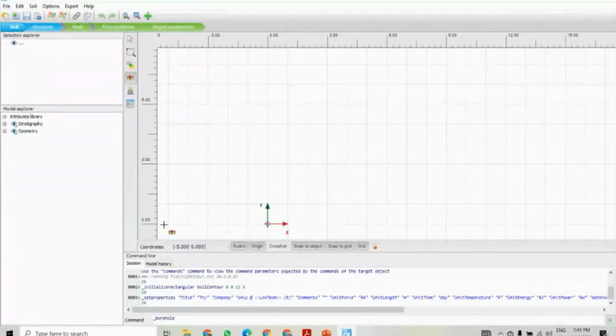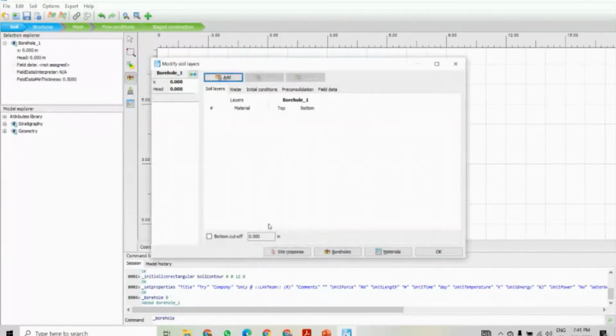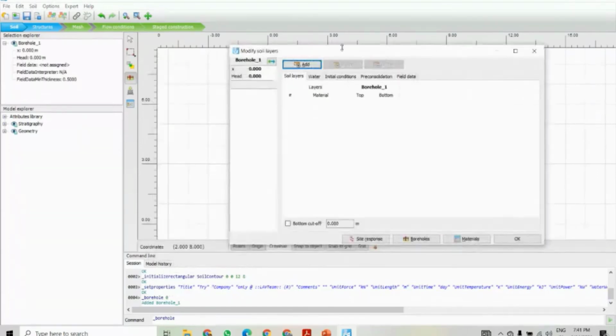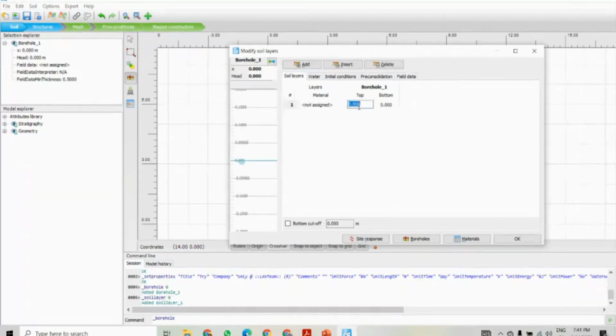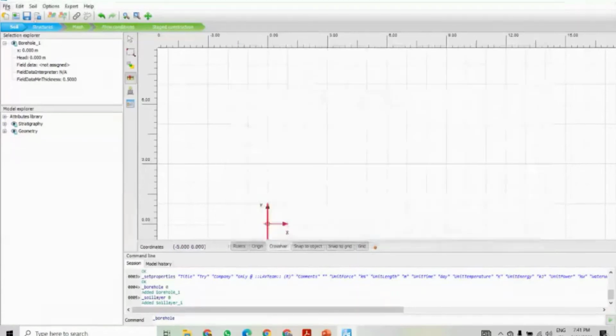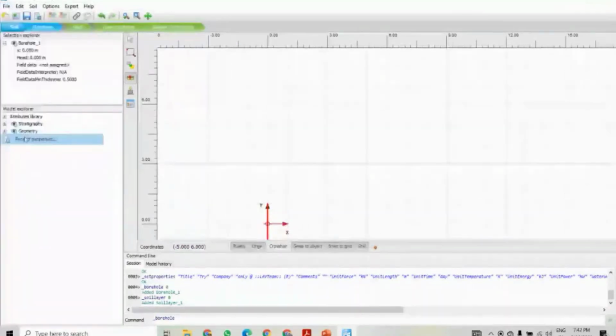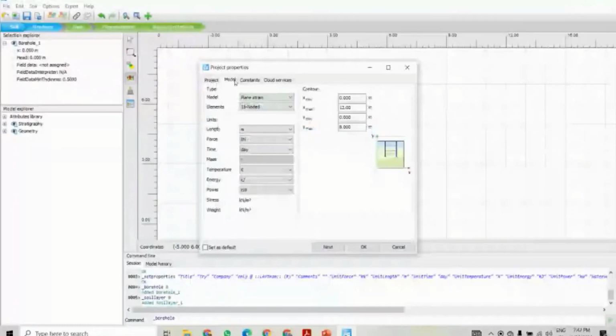Then we have these vertical toolbars here. So either you can use them from here, or it is given at the center. When I click on this origin, it shows the modify soil layer, and we have to create a soil layer here. So if I add the layers, how much did we give at the starting? In the project properties model, the x direction is 12 and the y direction is 8.